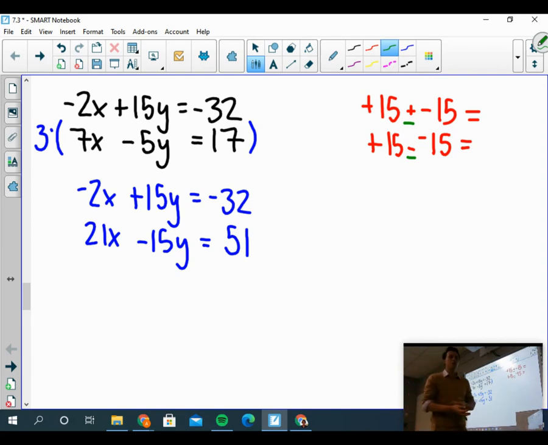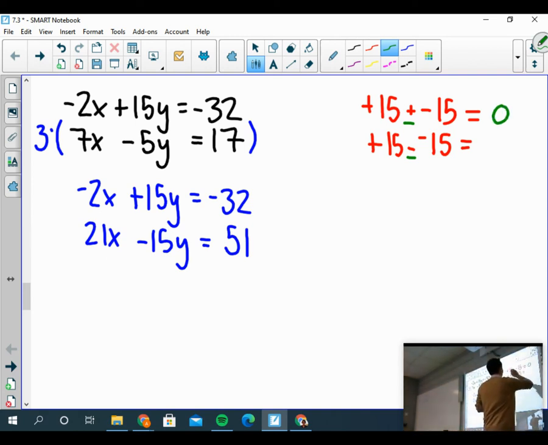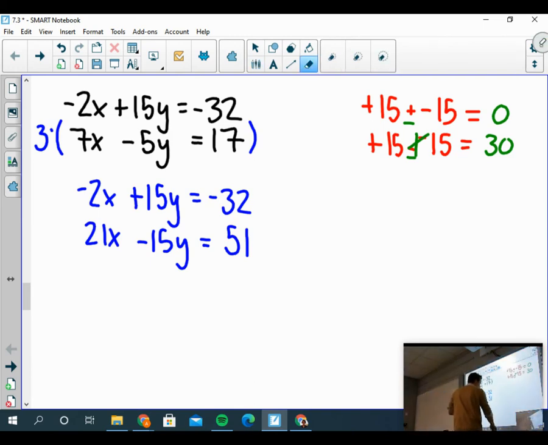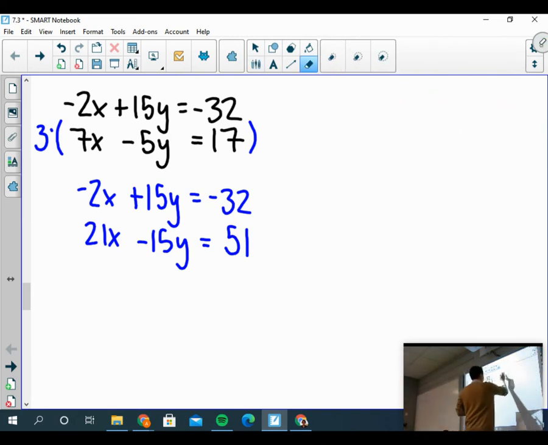See which one will give you a coefficient of 0, so the variable is eliminated. Well, 15 plus negative 15 will give you 0, whereas 15 minus negative 15 will actually give you 30, because the two negatives become a positive. So in this case, we will want to add